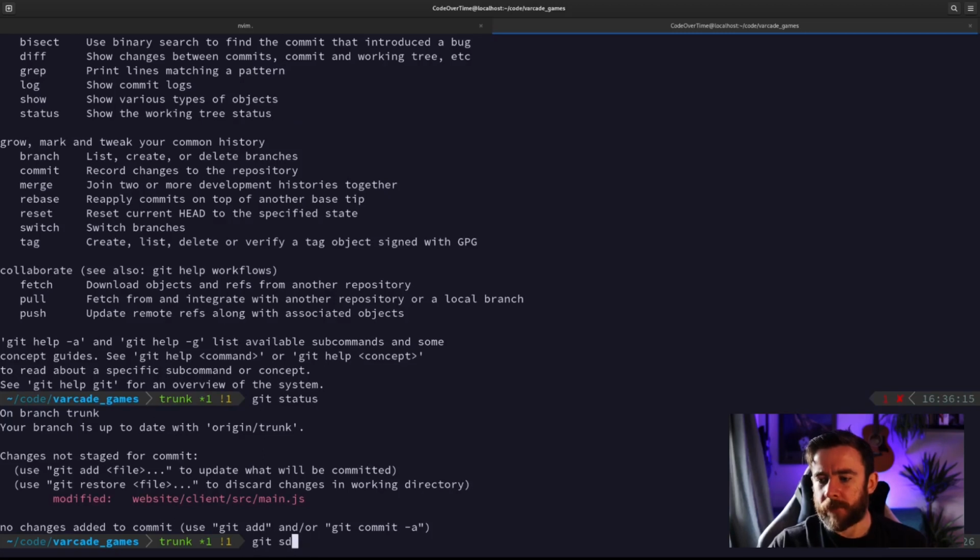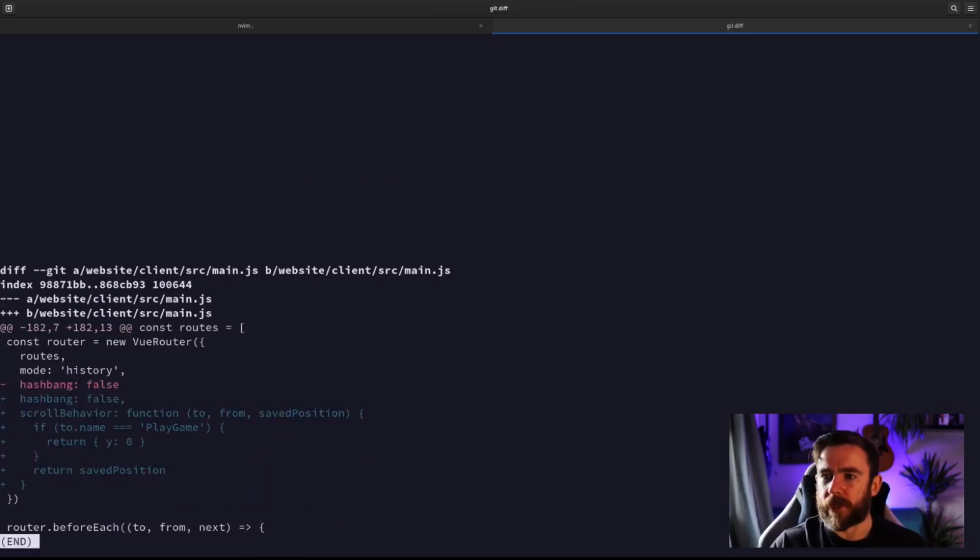And then if you're interested in the actual changes that were made, you can do git diff. And git diff will show us what has actually changed. So here we can see our new piece of code that we introduced. There are pluses beside it because this line here was basically replaced with all of these lines. So we can see how many changes were made, and we can review those changes